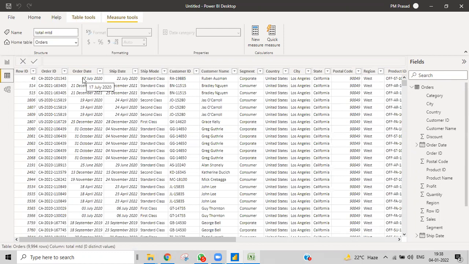I have the 17th, and after that it is not in serial. At the same time I have repetitions, and some dates might be missed. In that case we might not get proper data. So we'll create a date dimension, link it with this table, and use that date dimension in this calculation.